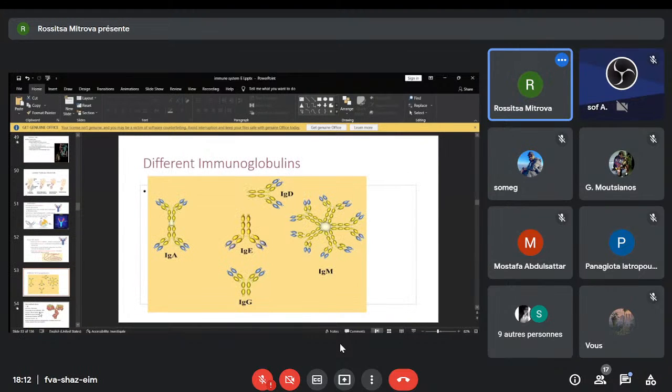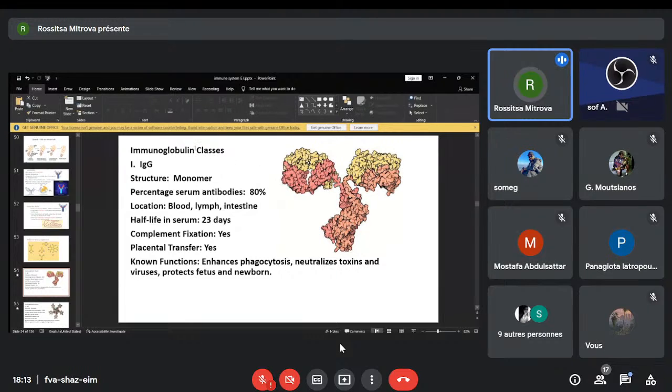There are now five different classes of immunoglobulins. You know them: IgA, IgE, IgD, IgM, IgG. Some words about each one. The IgG is a monomer, has a monomer structure. It is with a very high percentage, the highest percentage in the serum. You see 80%. It is found in blood, in lymph, in the intestine, along